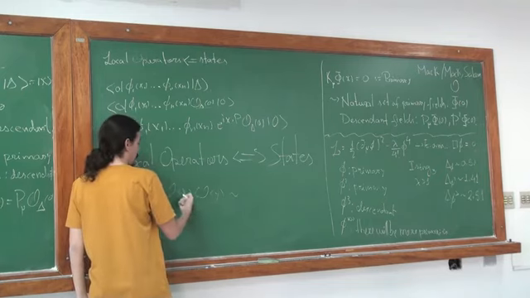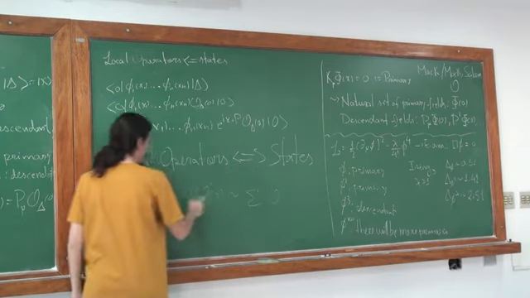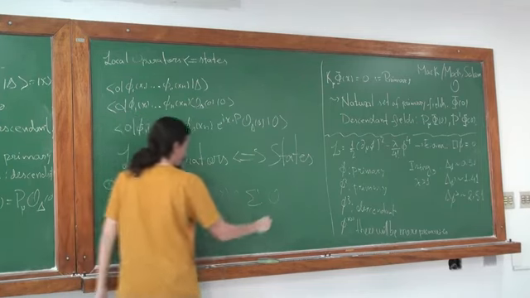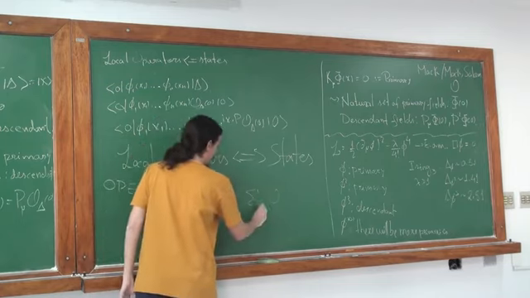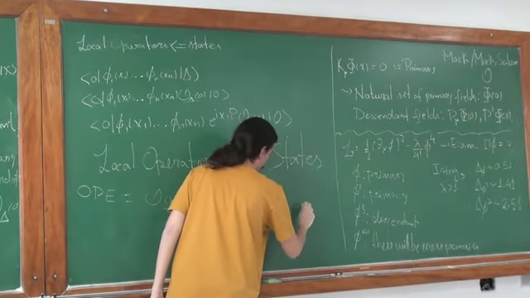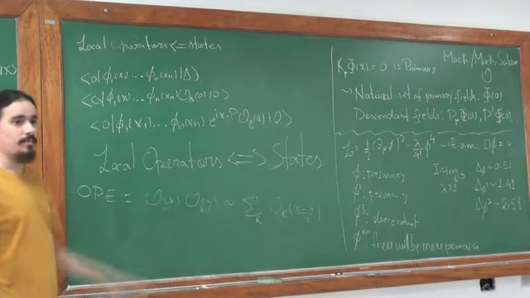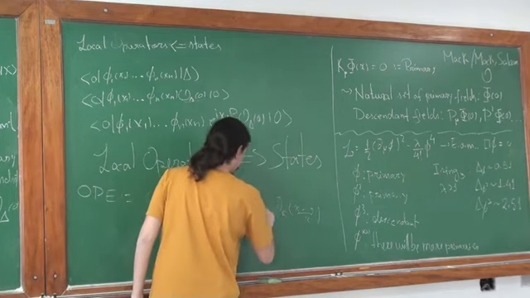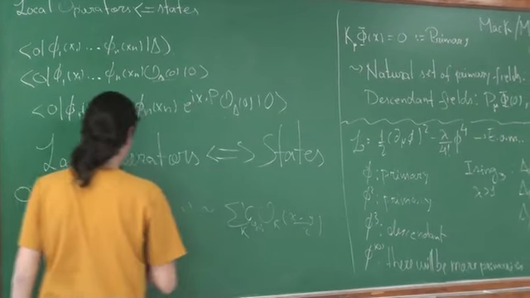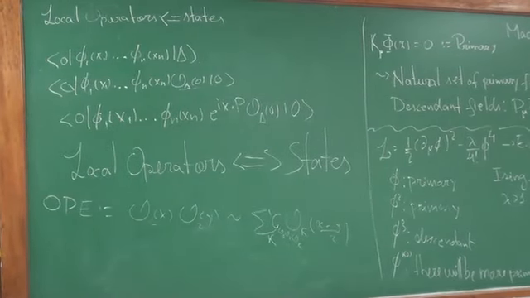I take two operators at a point X and a point Y, and substitute them by a series of operators of the same type. It could be operator 1, operator 2. Then I can have operators located at a point, say, in between them, for example, with some coefficients that depend on the operators I have on this side and on the operators I have on that side. This is an expansion.